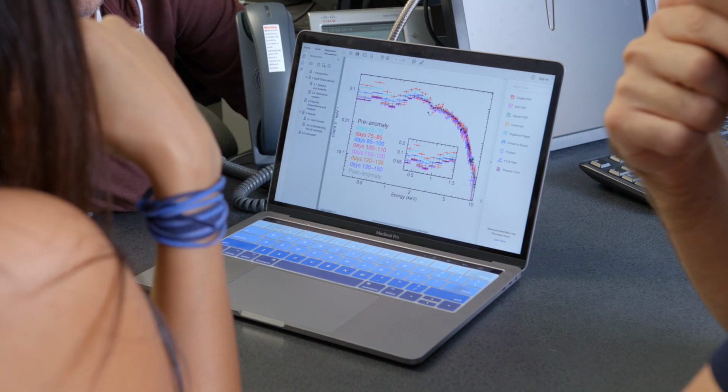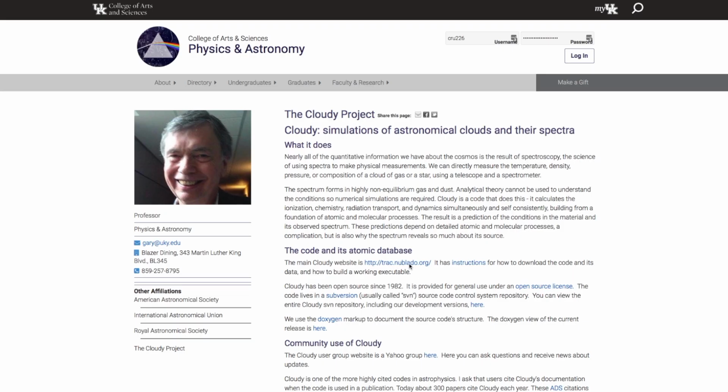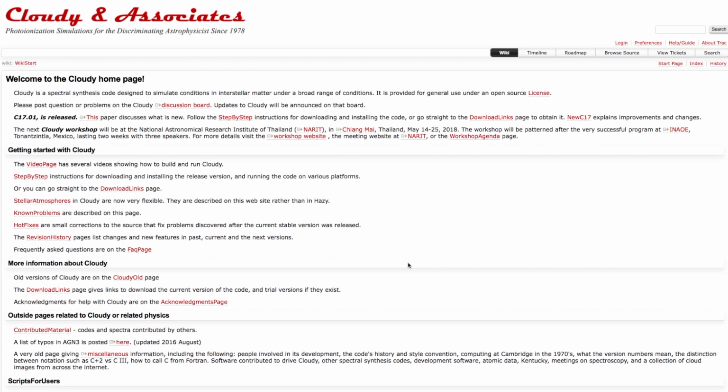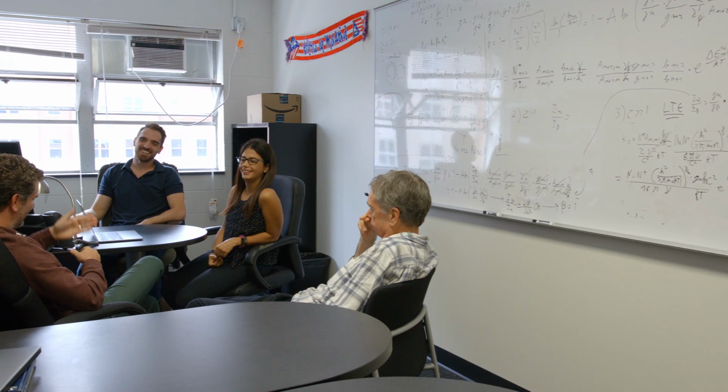It's not produced in a simple way. I started in Cambridge developing a computer code that predicted exactly how light would be emitted. So we can look at things here and now very close to us in our galaxy, and we can look at things at the very edge of the universe and look very, very far back in time. But it all comes down to understanding how to interpret the messages we get. And that's what this code I've been working on, Cloudy, does.